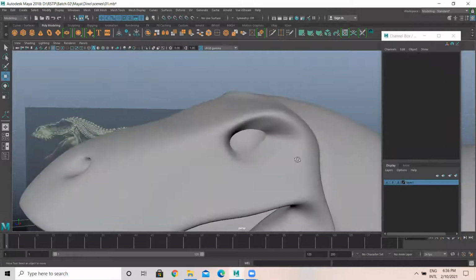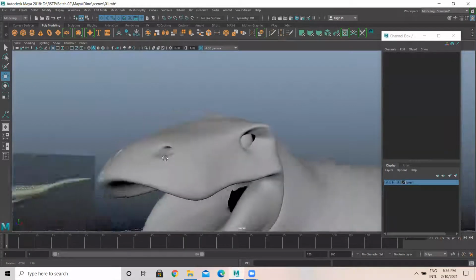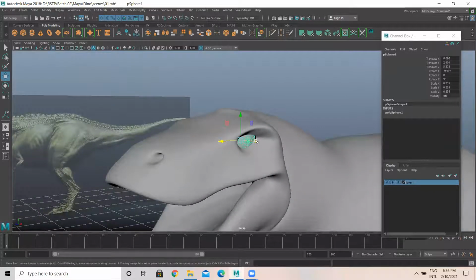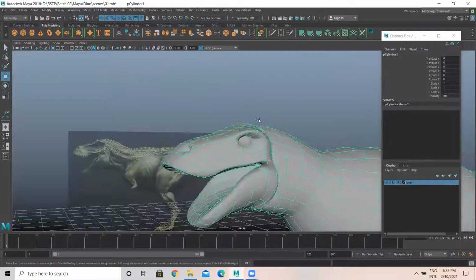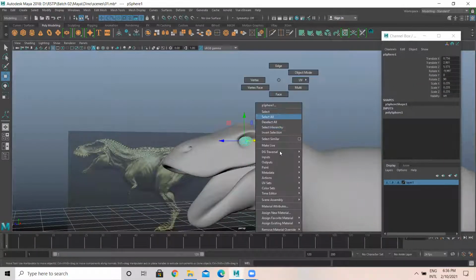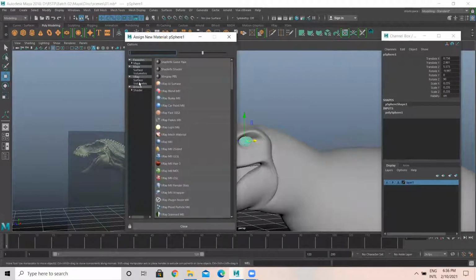See, it's like this. Even we can add one more loop and we can do many things. It's quite simple to add some textures and all. Okay, material texturing and all you will learn later, not now. So I'm just seeing what all things we can do.